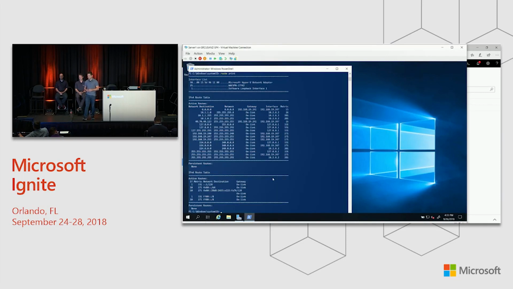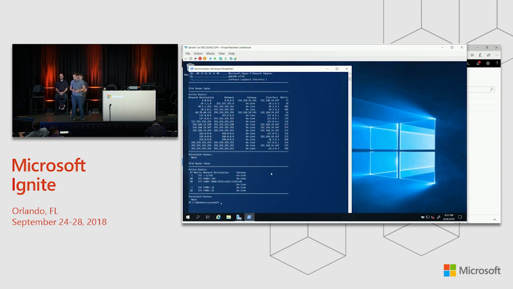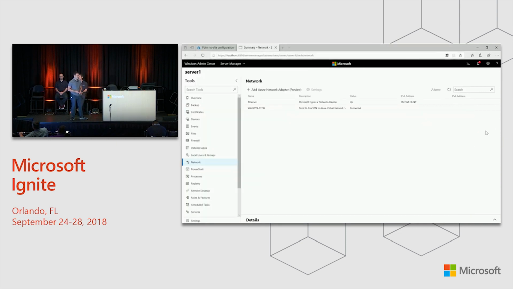If we look at the route table, you can see that the virtual network address space is in here. The 10.1.1.0 subnet is going to my virtual network, and it points across that 10.2.0.2 link. So any traffic that's destined for the virtual network will go across that link. And so I'm going to go into my virtual network next. I'm going to actually start my VM that I have in the virtual network because it's not running yet. And then we'll start a ping and see that the traffic's going through.